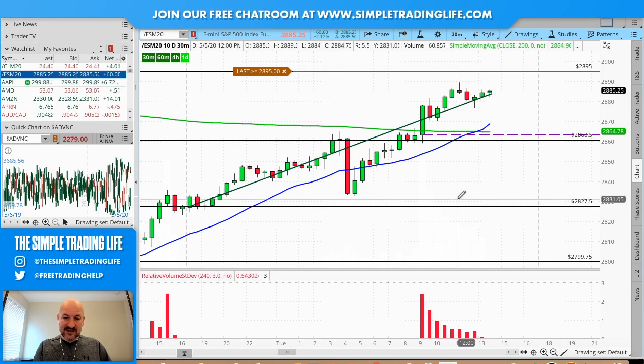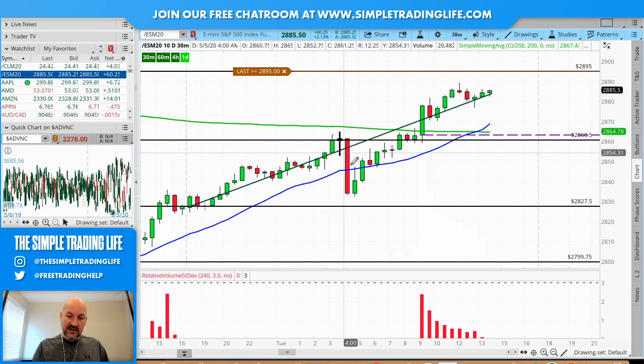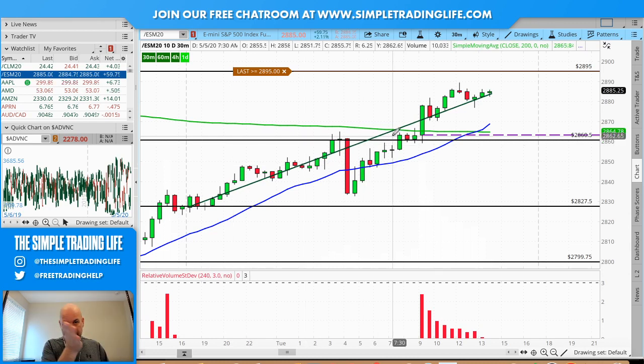Now, what I like about this, and I talk about this often, is the move up, other than this right here, the move up has been nice and steady at about a 45-degree angle. And the easy way to tell that is from the corner of your monitor to the opposite corner. That's 45 degrees. Whenever we're climbing or descending at about a 45-degree angle, that's a good solid trend that is very healthy. Meaning, barring any unforeseen news events or world events or some kind of catalyst, and like I said,